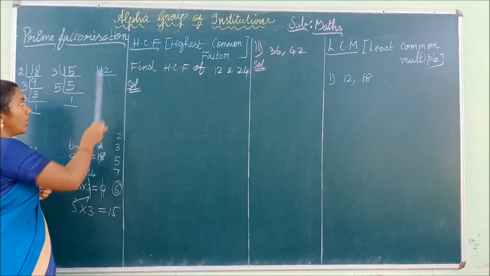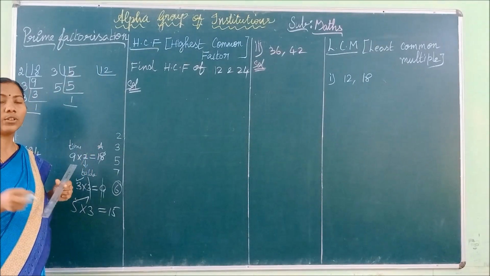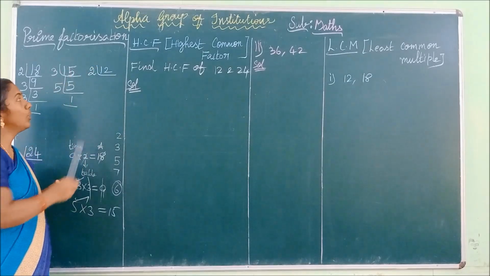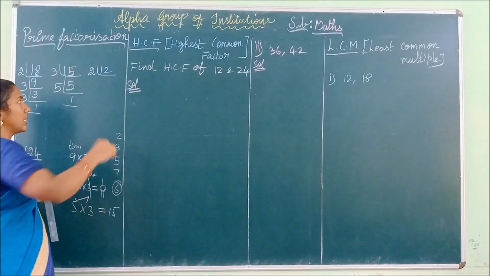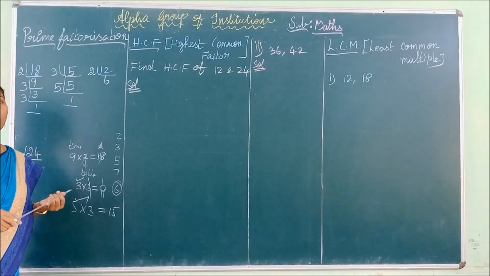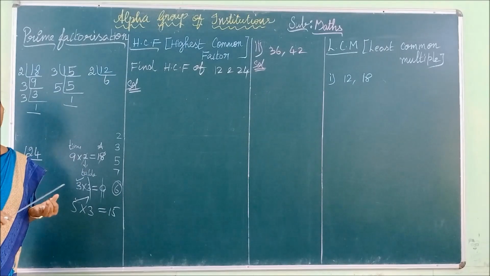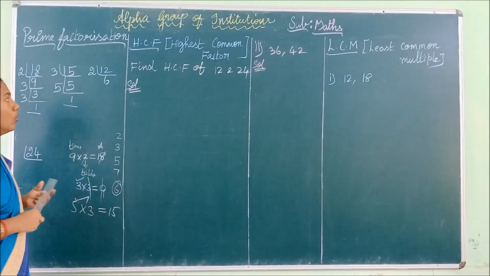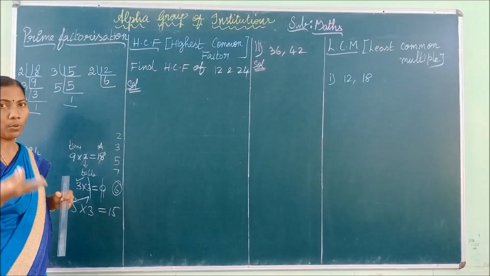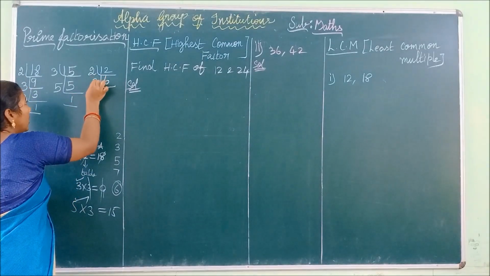By observing the last digit we can say it is an even number, so it is divisible by 2. So divide 12 by 2. In the 2 table, 12 comes 6 times. See, here we get the number 6. 6 is an even number. It is divisible by 2. Also it is divisible by 3. So here you may choose the divisor as 2 or 3. Both are correct. Here I am choosing 3.